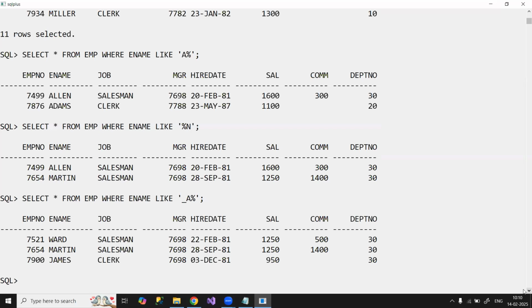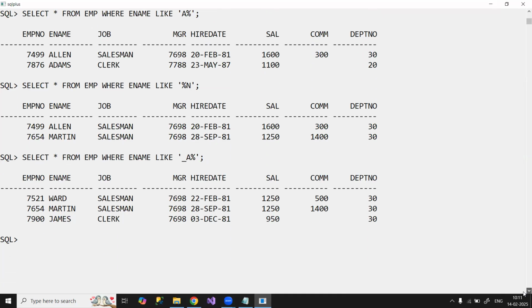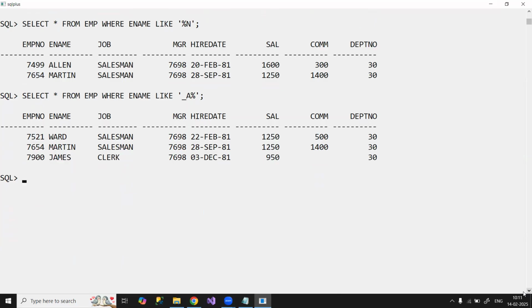So you can see the second letter is A: Martin, second letter A; James, second letter A. If I want to get the names not starting with A, then here I'll say